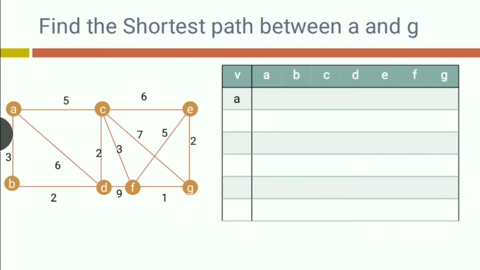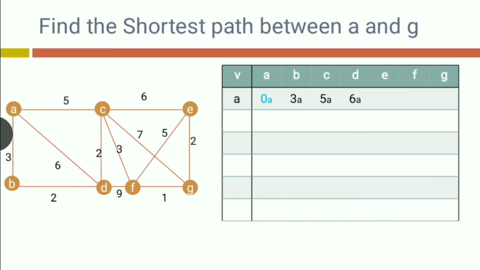So we'll write our vertices like this and we'll take our initial vertex as A and we'll measure the distance of all the vertices from my initial vertex A. So distance of A from A is 0. We are taking it in a different color because we have already included vertex A in our path. Distance of B from A it is 3. Then distance of C from A it is 5. Distance of D from A it is 6.